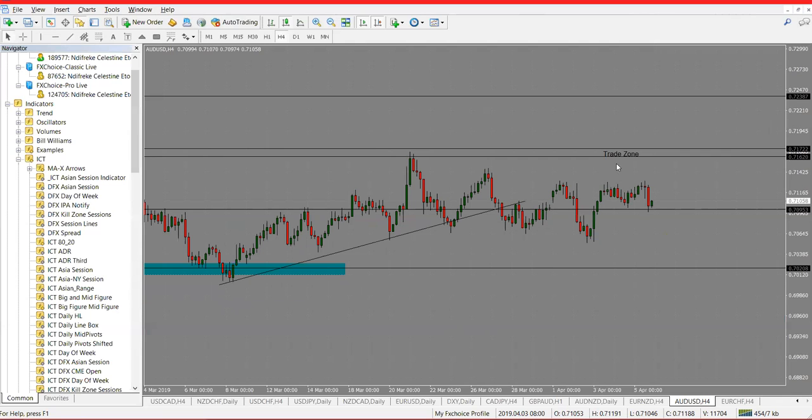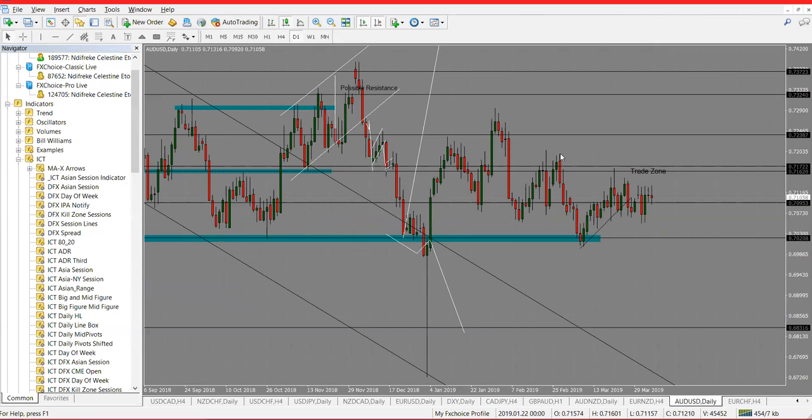Or if price now breaks this level, then my next level will be here. Why? Because I have identified it as a key level before. Price reacted at that level. It may be there or it may be here. The reason why I picked this place was probably because of this other one, so it may be at this level. So I'm going to look for a trade entry at this point and then exit here or even exit